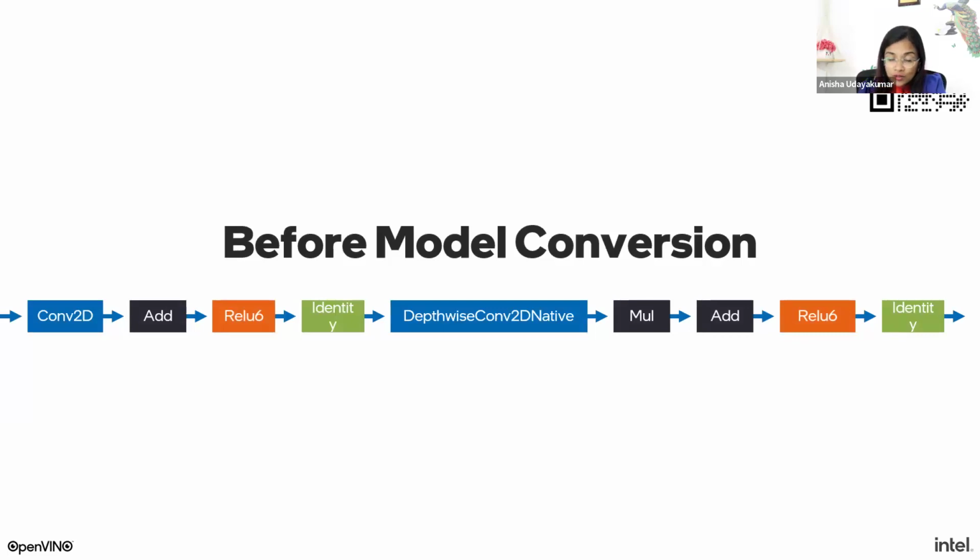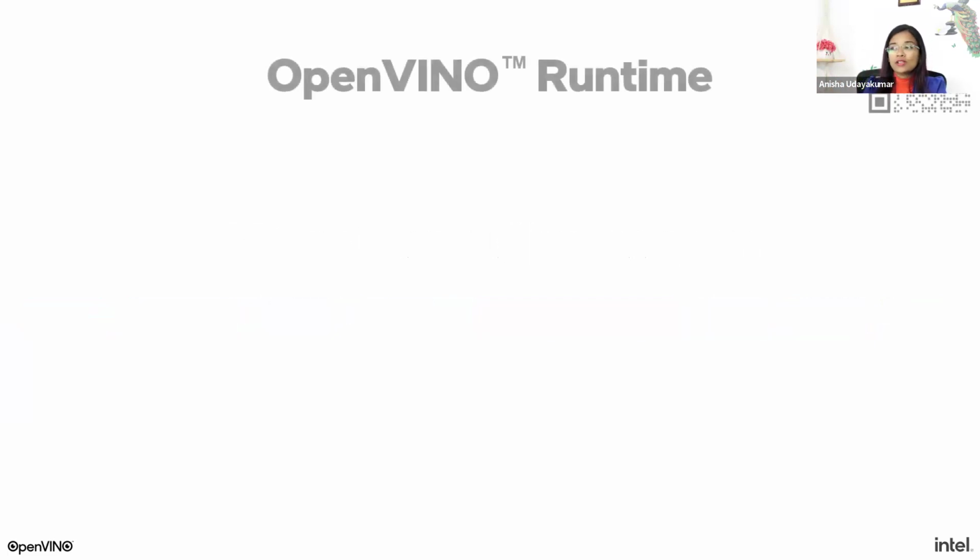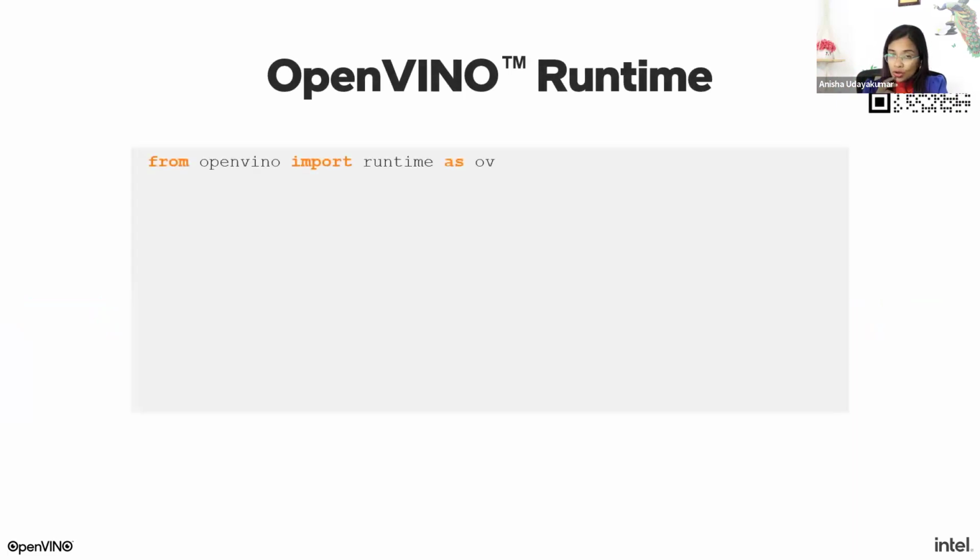When you use the model converter API, this is how you can visualize it. Imagine your native model has this many layers. Post optimization, the layers get reduced, the unnecessary layers are removed, and the model becomes much simpler, so you achieve faster inference out of it. And the OpenVINO runtime looks like this. First, you import OpenVINO, and then you load the data. This is an example for an image classification model. And then you initialize the OpenVINO runtime. You read the model.